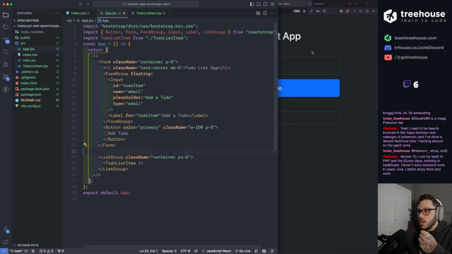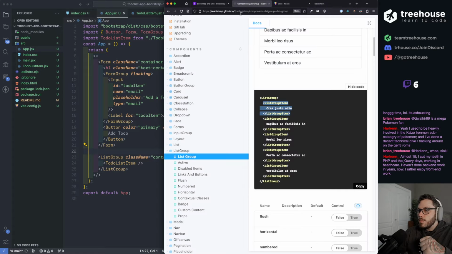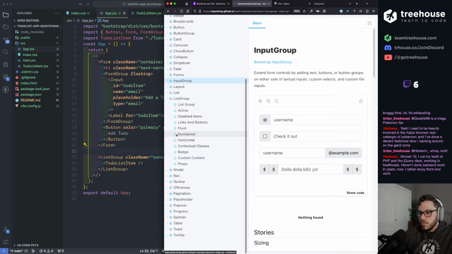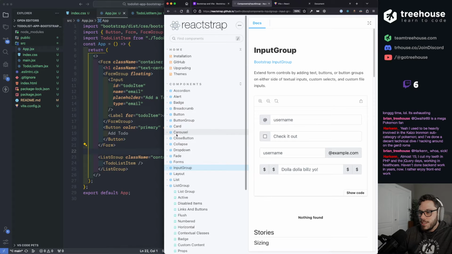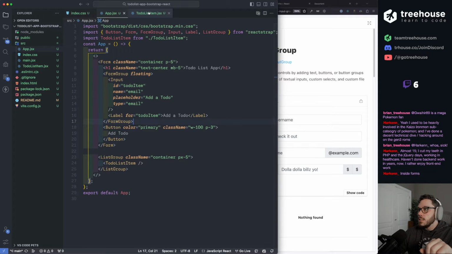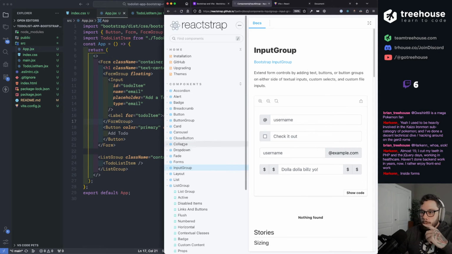Also, we need to do a checkbox. Is that part of React Strap? Inputs. Nope. I mean, it's just a checkbox input. I'll just do it myself. Inside forms.